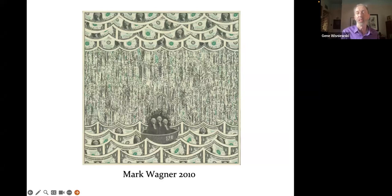This is from his George Washington at Large series. It's called Rub-a-Dub. And in this series, he shows George Washington, who is Mr. Dollar Bill when you think about it, and kind of really represents America both as a country and as a monetary entity, doing all kinds of stuff. In one collage, he's a lion tamer. Another one, he's mowing his lawn with a power mower. So it kind of shows George Washington in these different situations, all made out of monochromatic collages